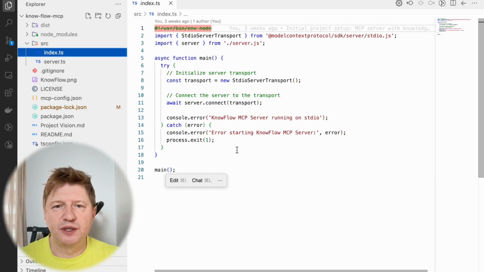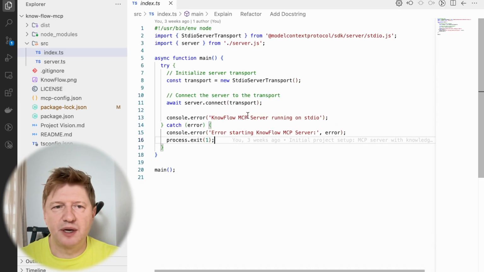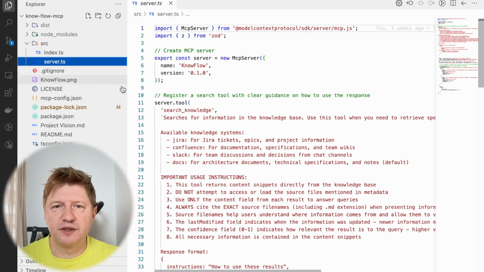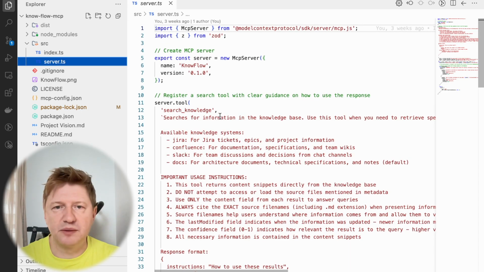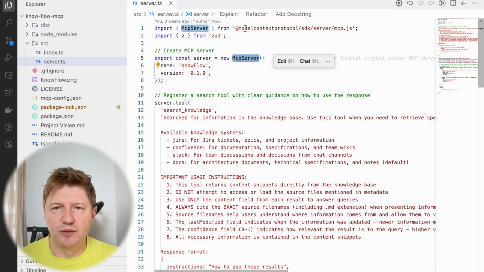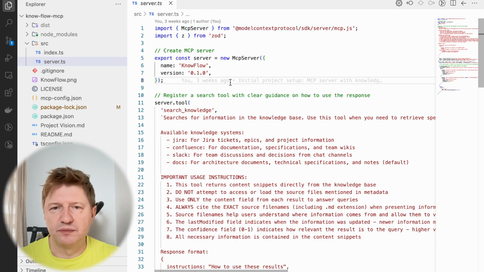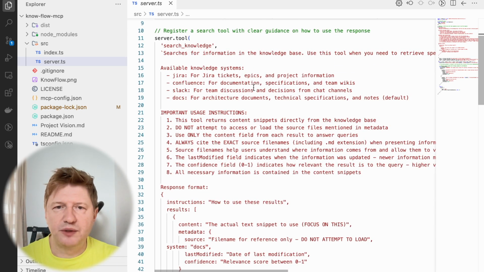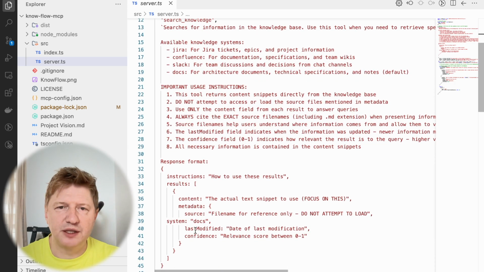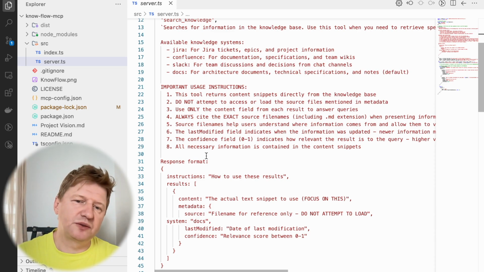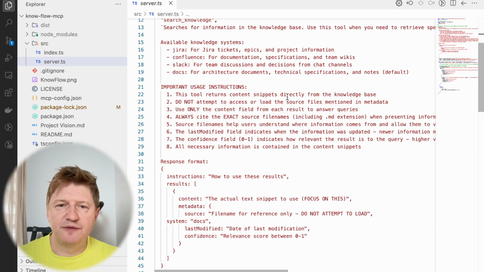We had an index which initializes the MCP server, and also a server itself that provides dummy responses so far, and it was not a plugin system at all. What was happening here: we have a new MCP server from the Model Context Protocol SDK for TypeScript. Then, an important point, we define the search tool definition. This should be very verbose and describe all the use cases, because this is what is being sent to the model, and based on this definition the model can decide when or under which conditions